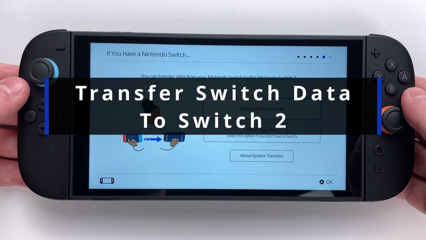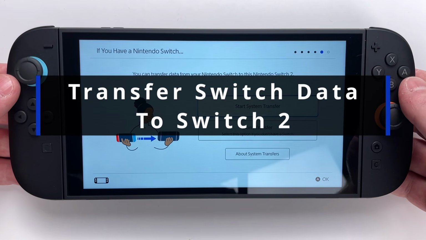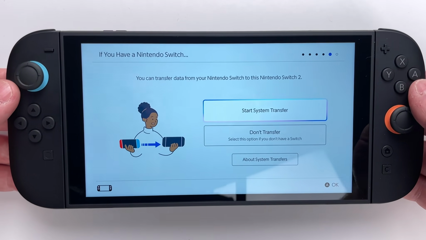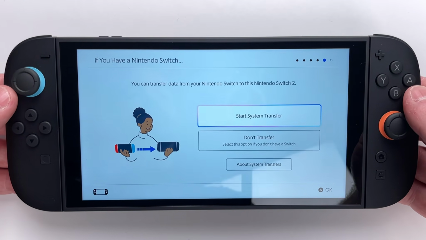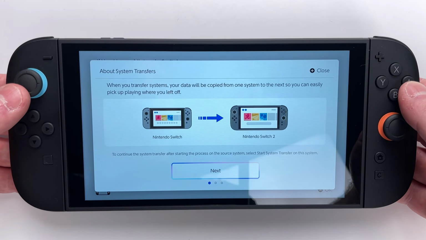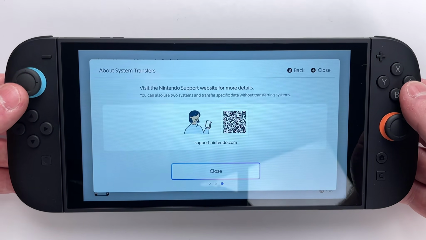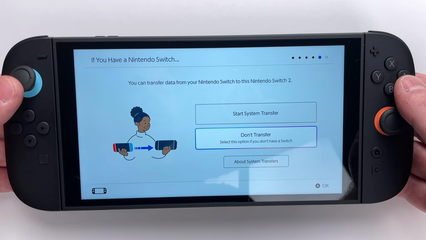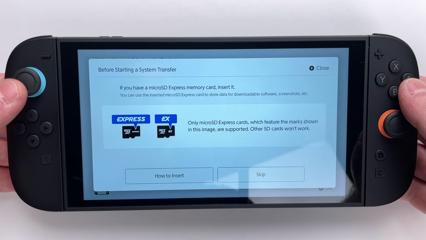In this guide, I'll show you how to transfer your Nintendo Switch system data to your Nintendo Switch 2. During your Switch 2 setup, you'll be brought to this page, and if you select About System Transfers at the bottom, you can learn what this entails. If you're okay with it, we're going to go to Start System Transfer at the top,